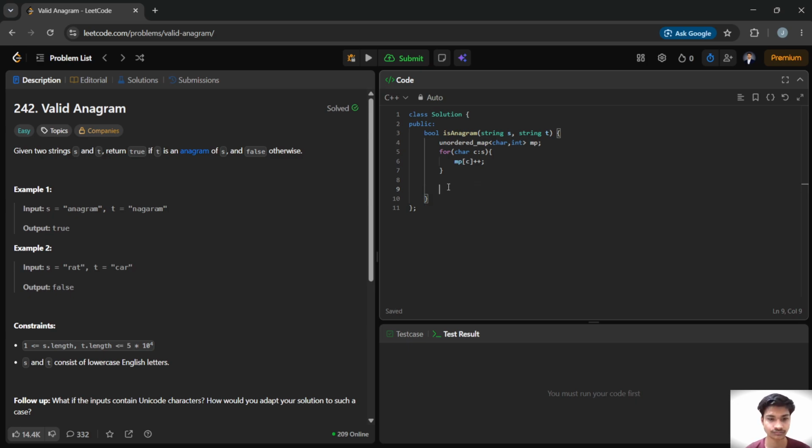And now we traverse the second string and decrease the frequency. If both strings contain the same characters, all frequencies should eventually become zero.